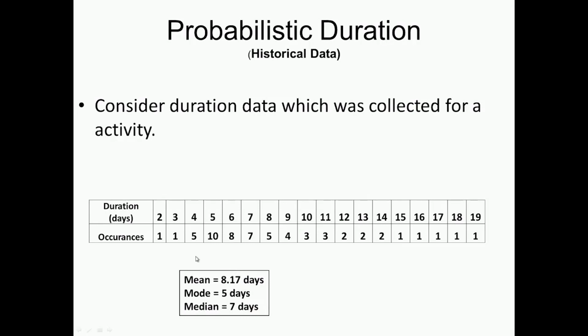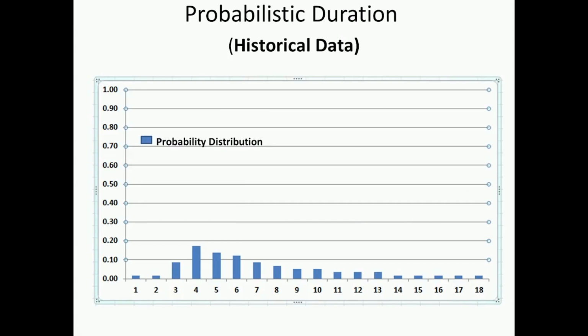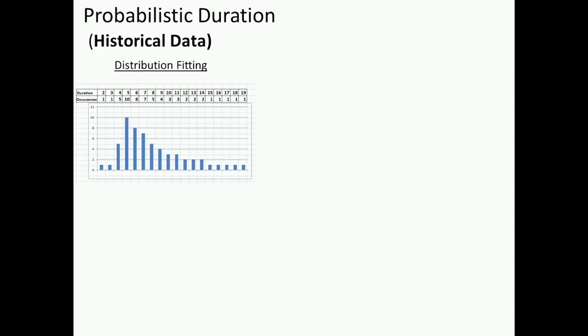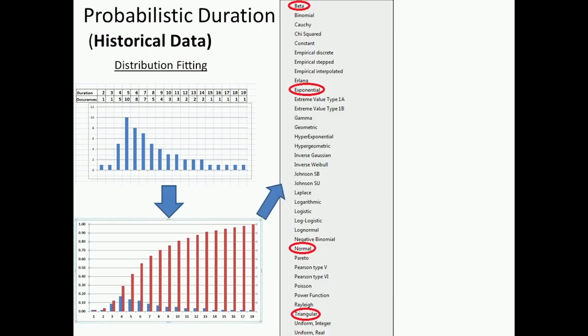But how do we take this and try to fit a distribution to this? This is what we would ideally want to do if historical data was available. So I could make a frequency plot of this, okay, and then convert the frequency plot into a probability distribution or a cumulative probability distribution as shown here, and from this basically I would need to do some curve fitting, or some statistical data fitting, and a distribution fit should be found. So here you can see the steps I am going through. I get my frequency, I get my probabilistic fit, and I have a range of distributions I could possibly fit